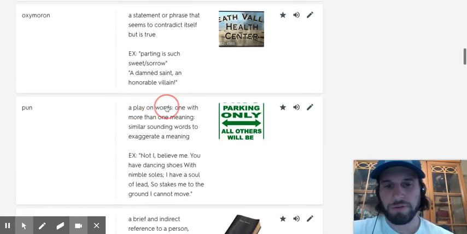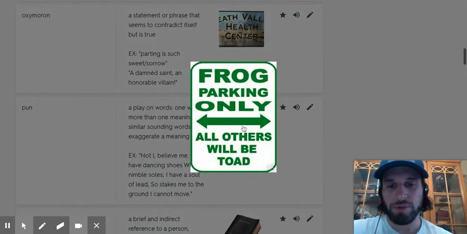Puns. William Shakespeare is very funny. He uses a lot of puns. That's just wordplay. We'll see plenty in the story. Here's this one: frog parking only, all others will be towed. Get it? Amphibians. Anyway,